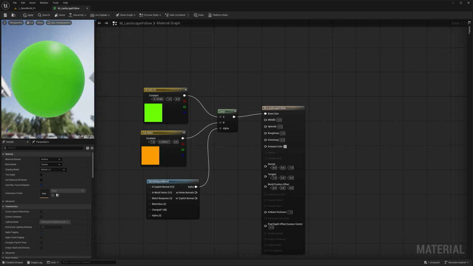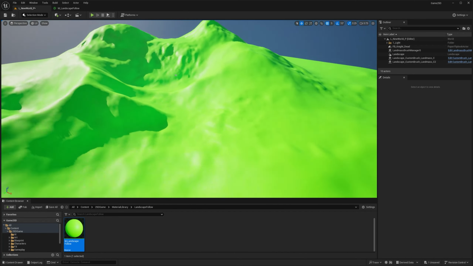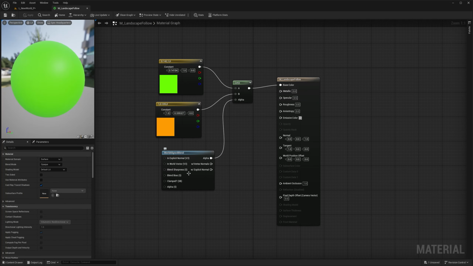As I'm doing this, it seems like nothing happened. And if I save it, I'm pretty sure you won't be able to see much in the landscape right now. Yeah, everything is green. But if I go here, there's only two things that matter for me for this, to be quite honest with you, which are the blend sharpness and the blend bias. The bias is how much of the angle you're going to be seeing, and the sharpness is how the transition between the two colors is going to play out.